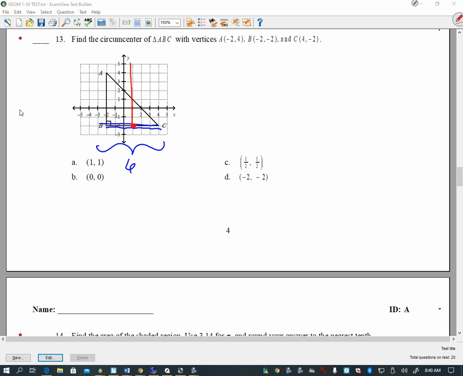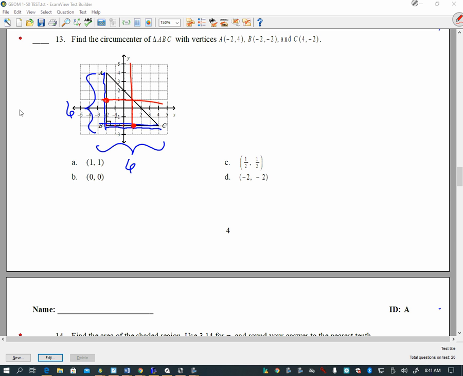Correct? Okay. Look at AB. What kind of line is that? Vertical. Okay. Let's try to see what length it has. 1, 2, 3, 4, 5, 6. It's also 6. Okay. What's half of that? 3. So count up. 1, 2, 3. Okay. What's going to be perpendicular to that vertical line? Horizontal line. Okay. Now, we could do the same thing with AC.